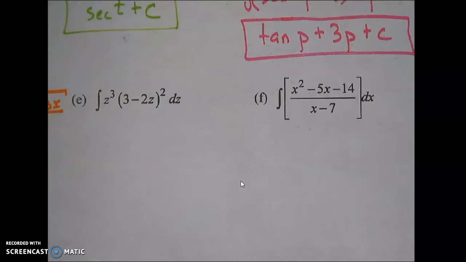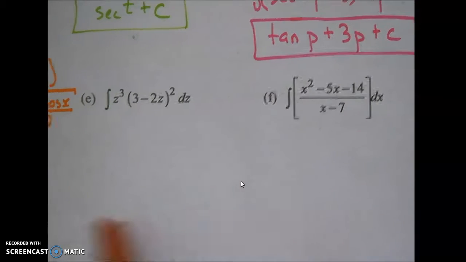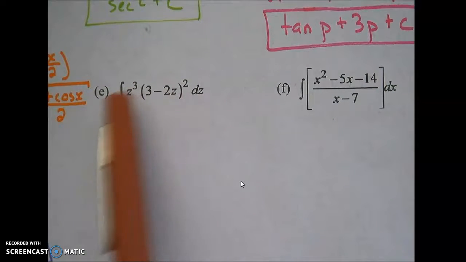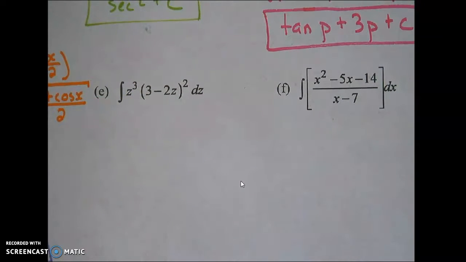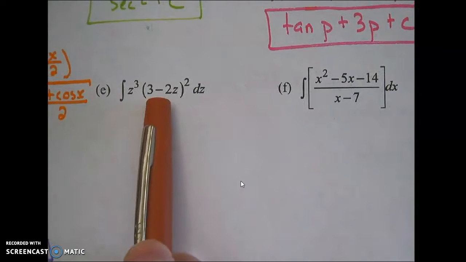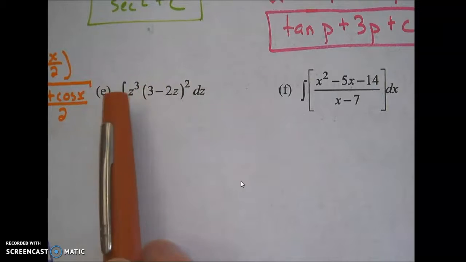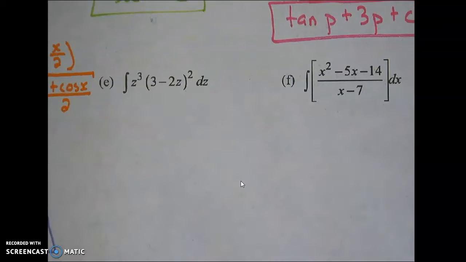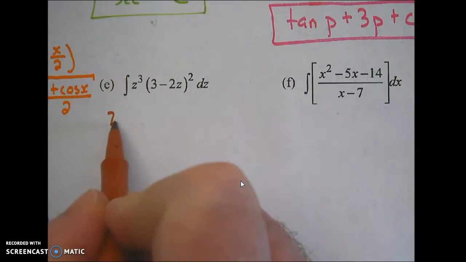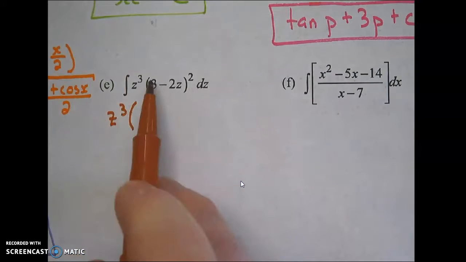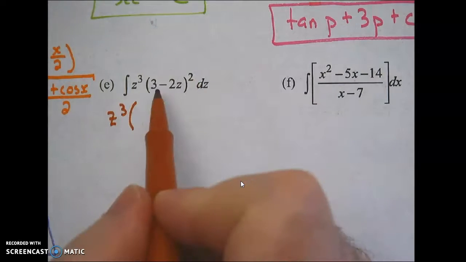All right, I think you should be able to attack this one on your own, so I'll give you a second. Take as much as you need. Hit the pause and go. All right, let's see how you did. There is a product rule version of integration, but why would we try to do that when we can just clean this thing up? So my math voice says I can square this, and then I can distribute this in there. I can't distribute first. The squared is tougher. So that's going to be z cubed times the quantity of,